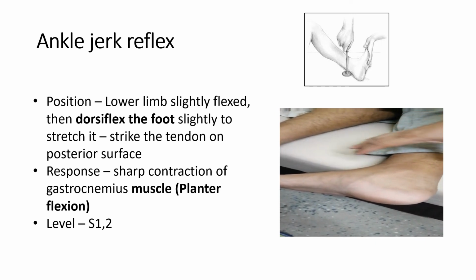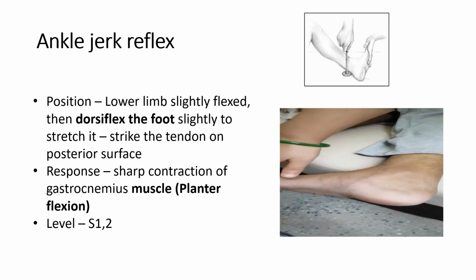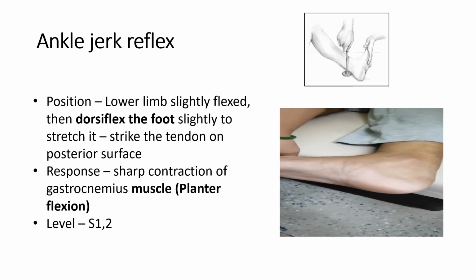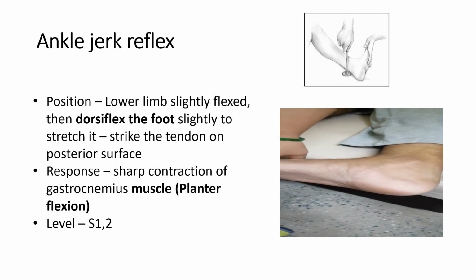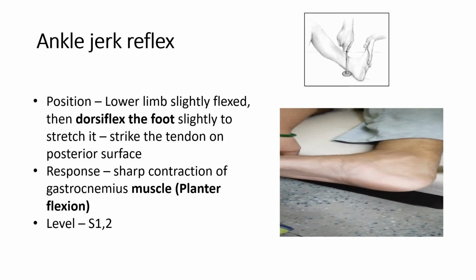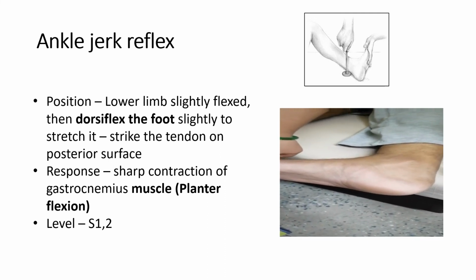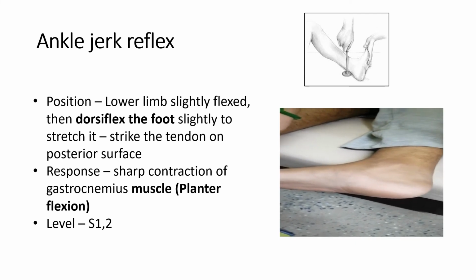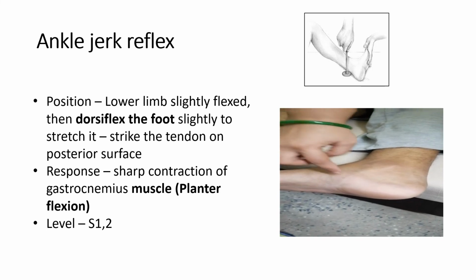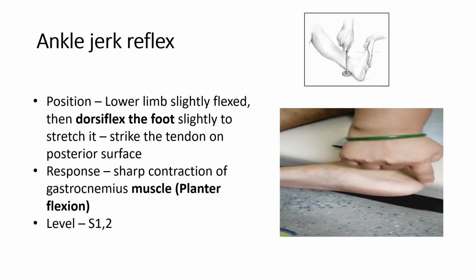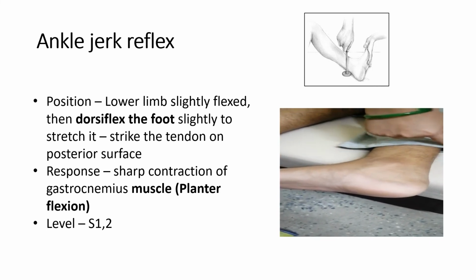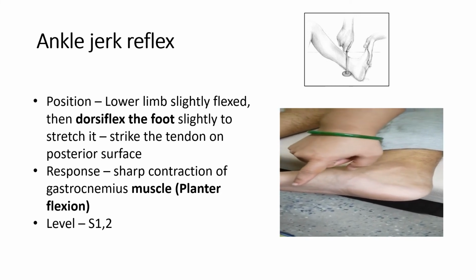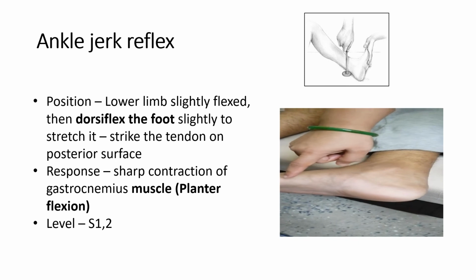So we are going to perform the ankle reflex. Okay, first of all we have to slightly dorsiflex, and this is the Achilles tendon. So we have to hit it with the broad end of the hammer. Fine. So let's see. Can you see a jerk? So what we are doing is stimulating the Achilles tendon, hence the gastrocnemius muscle. Contraction of this muscle leads to plantar flexion. This is the response. Okay, let's see again.